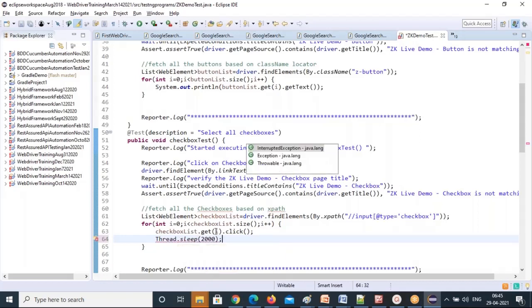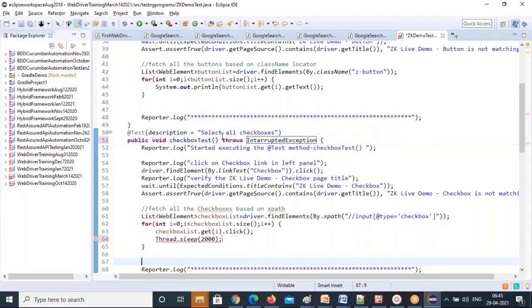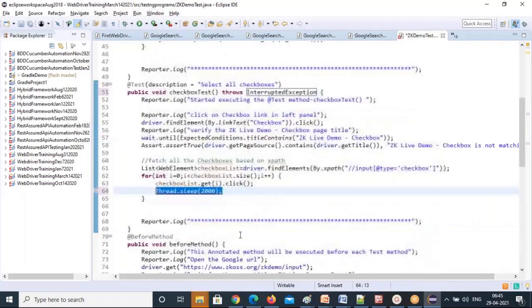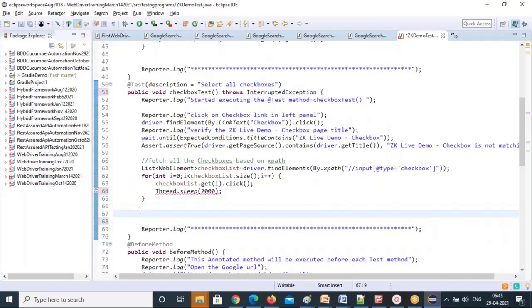Whenever you write Thread.sleep, you must mandatorily add InterruptedException with the throws keyword or surround with a try catch block. But I don't want to increase the length of the code, so I am adding a throws declaration. Okay, I have done that. Next, what we need to do? The for loop will click each and every element, so it will check all of them.